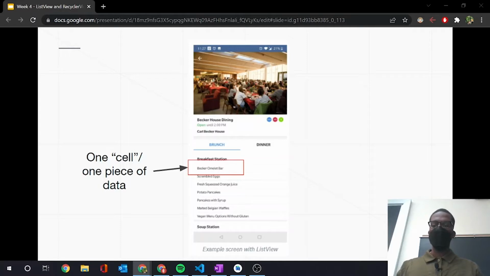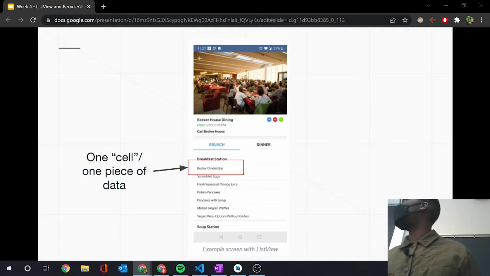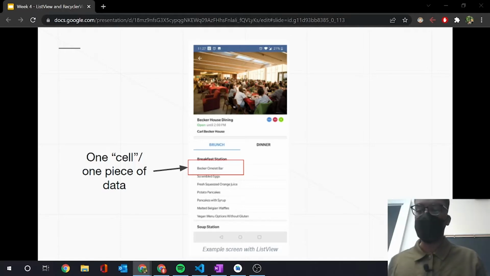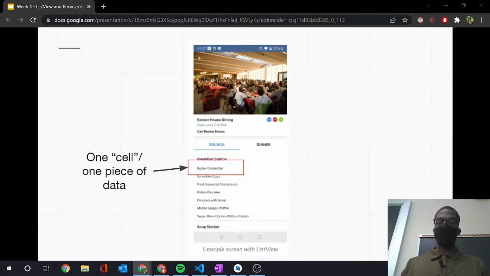This is our app Eatery, and it's used to display the different menu items that we have. For example, this is the menu items for brunch for Becker House Dining. So it's simply used to display each item offered by said eatery, in this case Becker. Each of these individual rows is considered a cell, and they're each one piece of data.